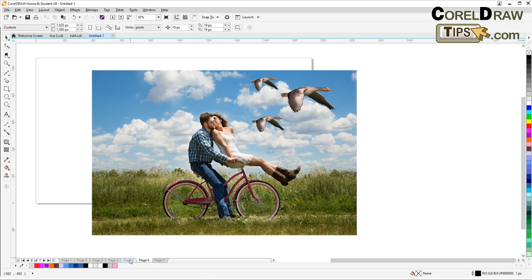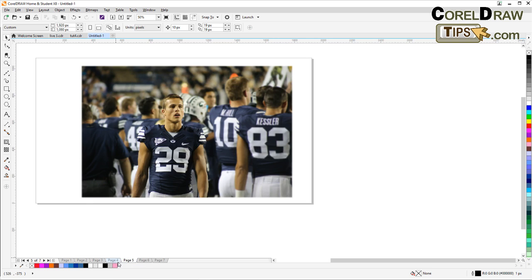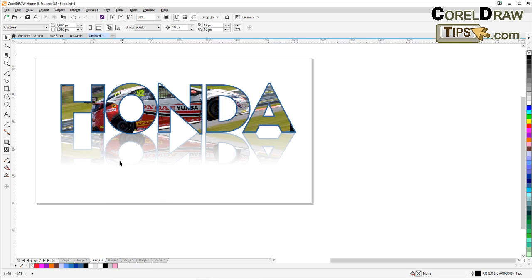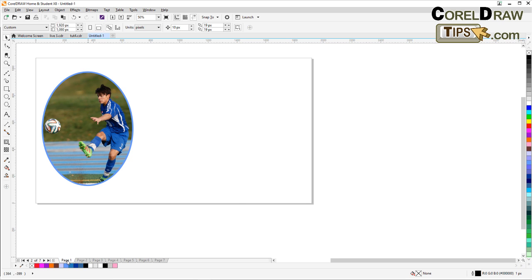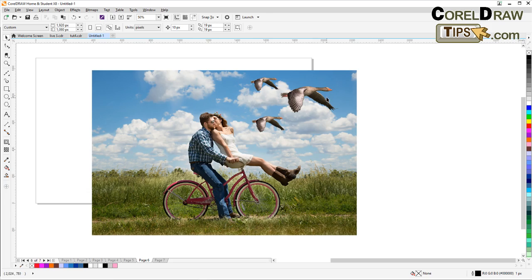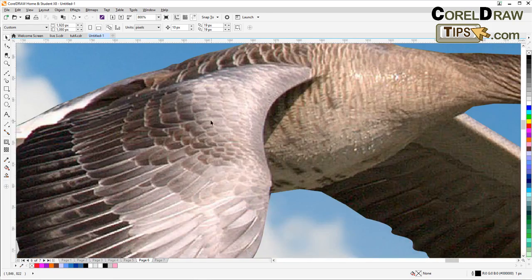There's lots of advantages, and there's also actually disadvantage in using PowerClip. Here's an example. This one is fine, that one's fine too. But let's say, for example, I think when I did the bird here, if you really zoom